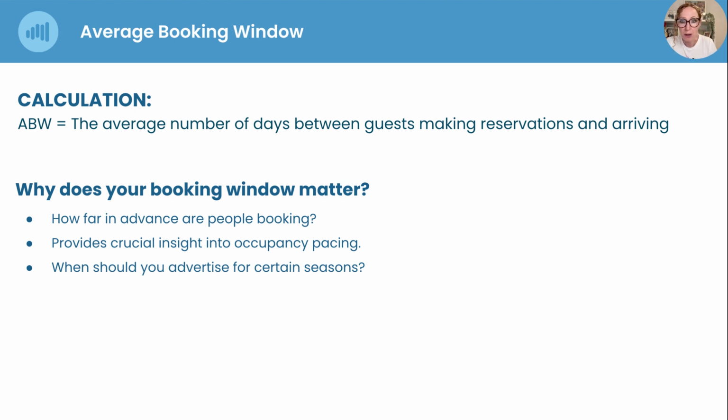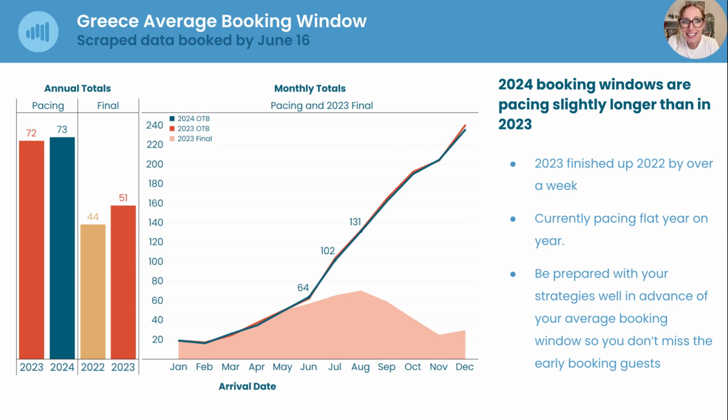the bookings come through? So what we can see here from our direct sourced clients on confirmed bookings by the 16th of June, booking windows in 24 are pacing slightly longer than in 2023, only by a day, so not enough to change your marketing channels per se. In 23, we finished about a week longer than we'd seen in 22. So it's one to keep an eye on, and equally, if the market is getting a little later this year,